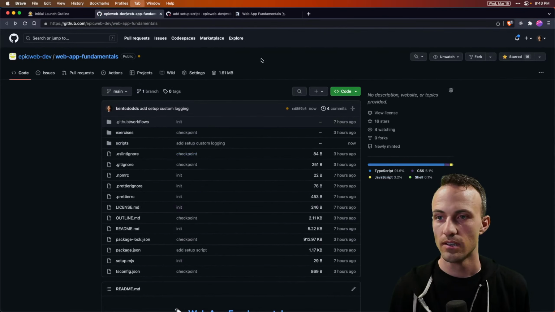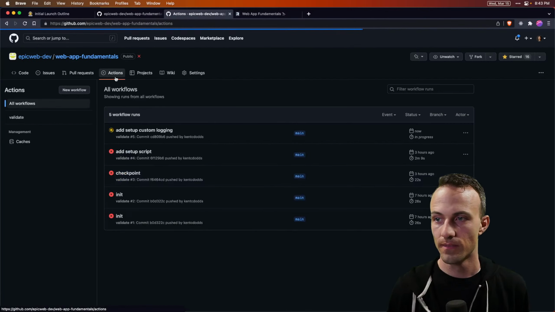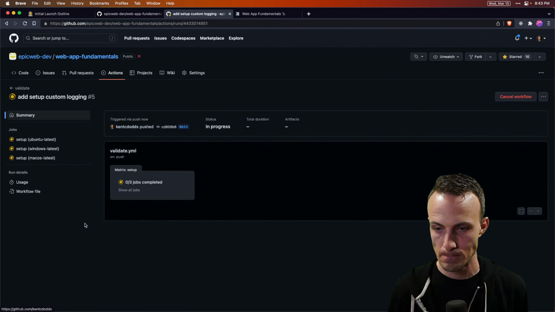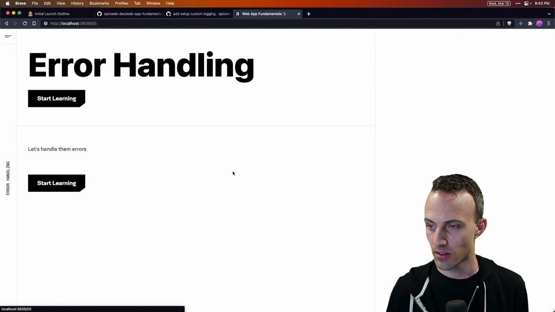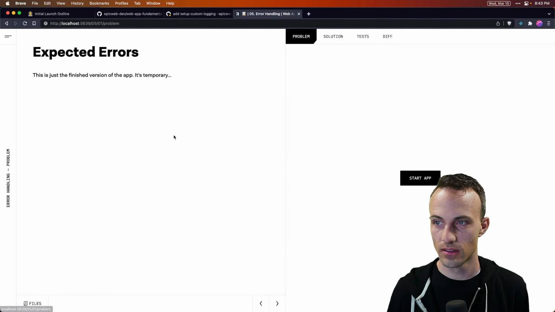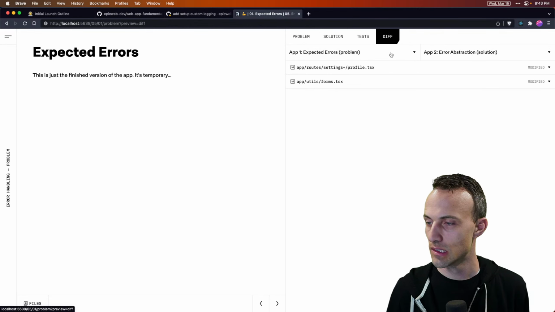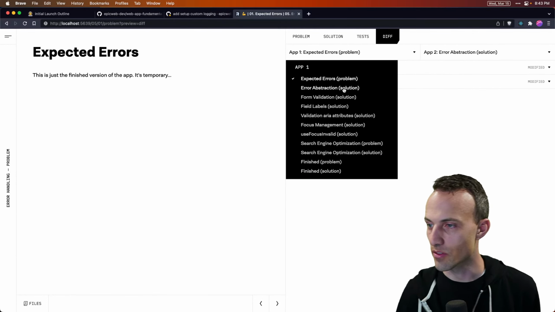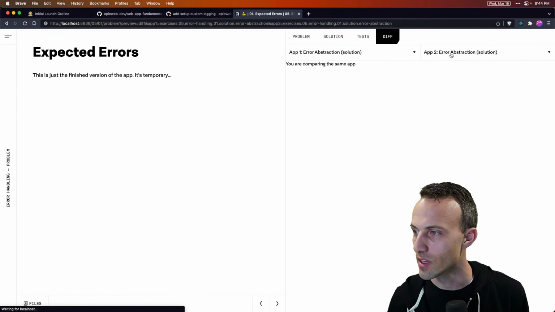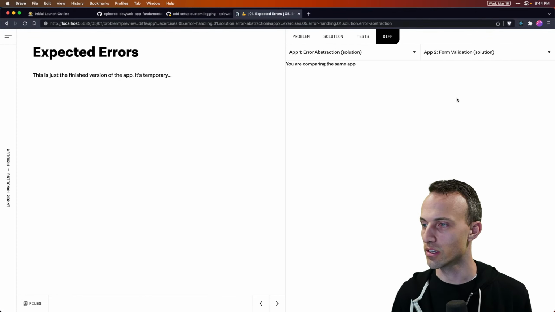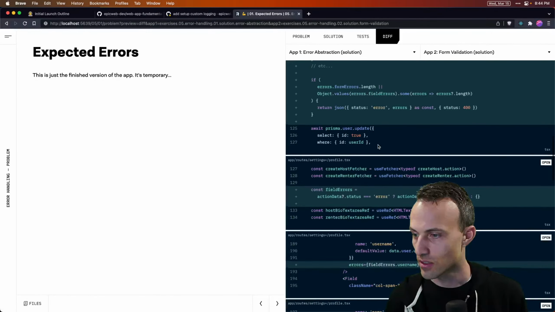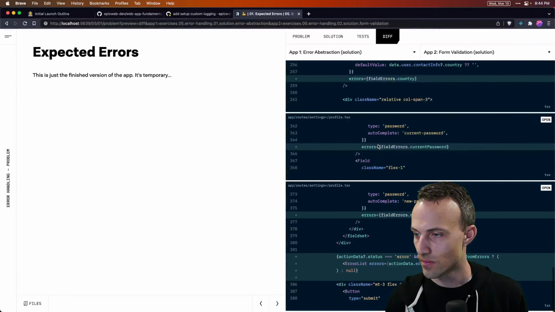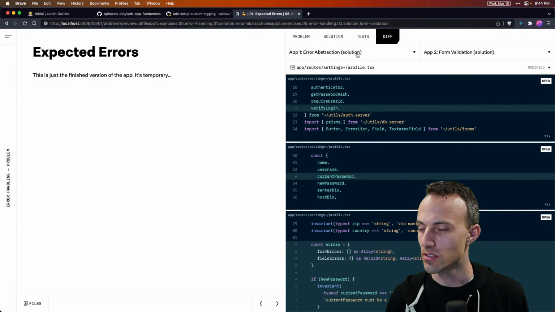Oh, good. We'll see what happens. Okay, error handling. So this is not in the right spot for sure. But if we go from error abstraction to form validation, that is all good.